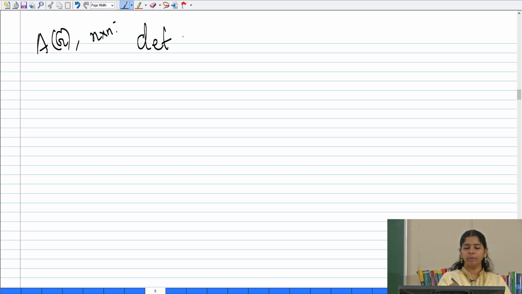Now, there is also another way to write. Given a matrix A, in fact, we are talking about a graph, an adjacency matrix of order n by n. So, the determinant of this matrix, A minus lambda I, or determinant of A, is